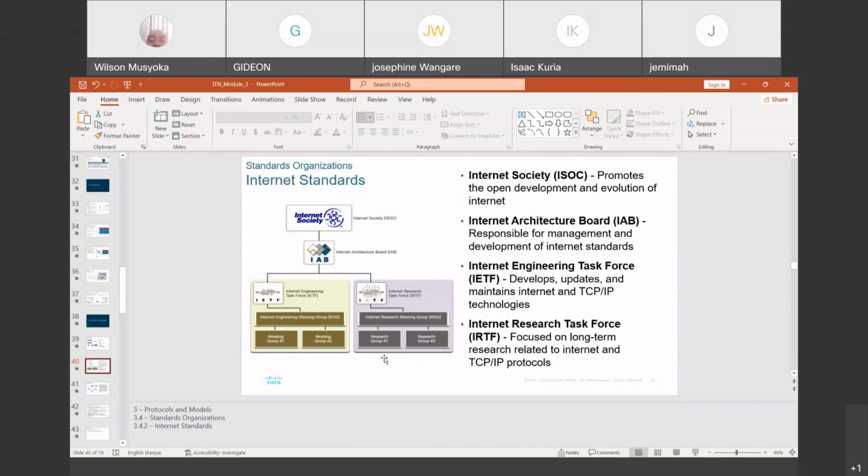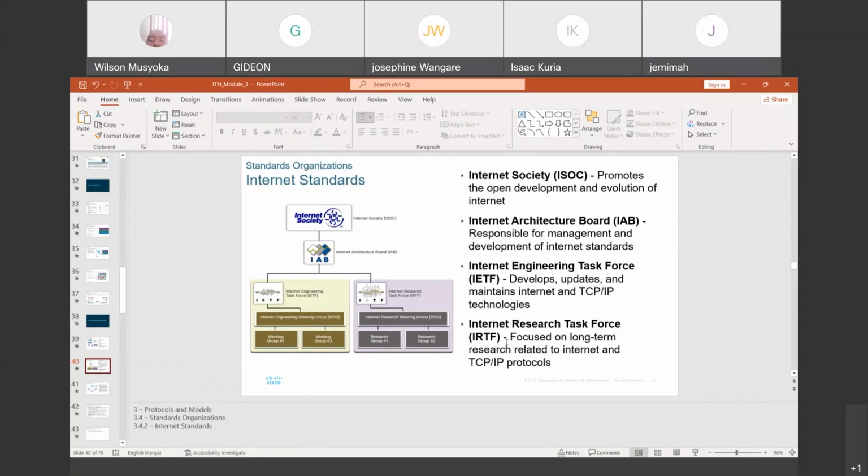And something which I had forgotten to mention is that in the TCP/IP development, or the reason why we have those different layers, because somebody could ask, why do we have those layers? One of the reasons is that you can advance or modify one of the layers without affecting the other layers. That is where the aspect of innovation and improvement, or updating, comes in.